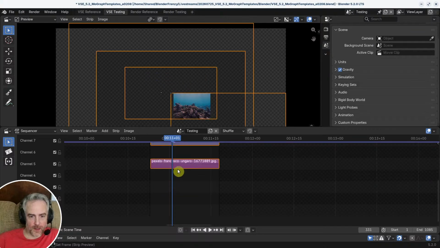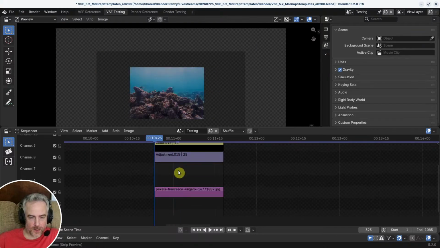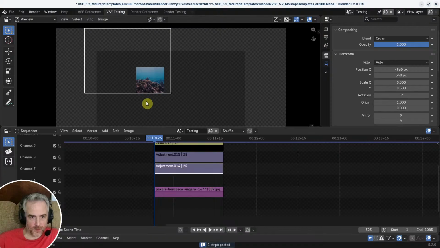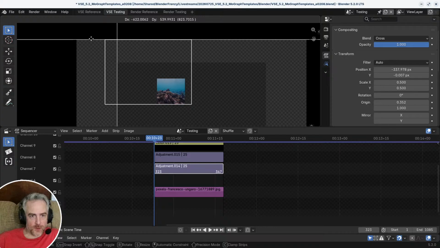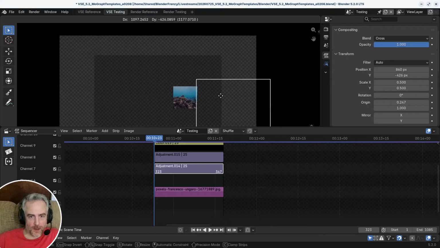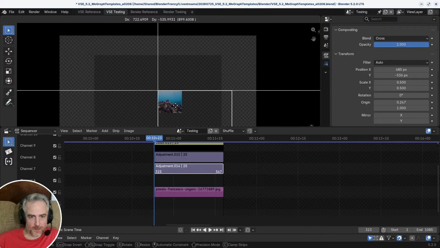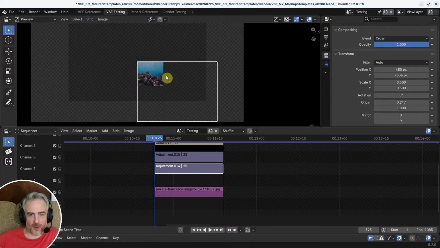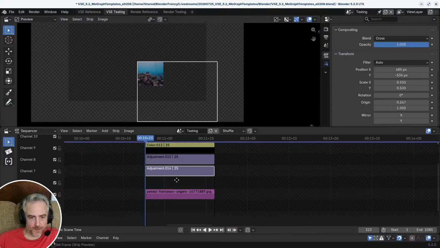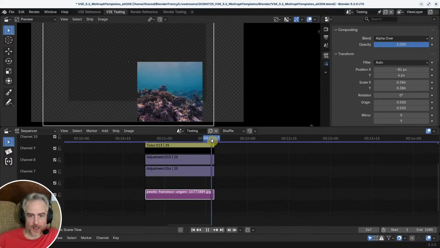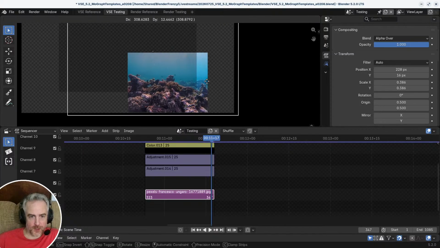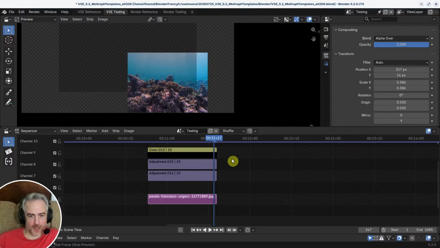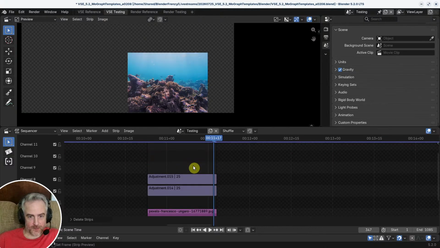Okay, same thing. I'm going to delete this one and paste this one. Take that origin, move it to the top left here, and snap that to the middle. I hope you're following along. See, now again, this frame is going to be the same size. So now I just have to take this picture at the end and adjust it there. Yeah, perfect, just like that. And then it eliminates the need for this